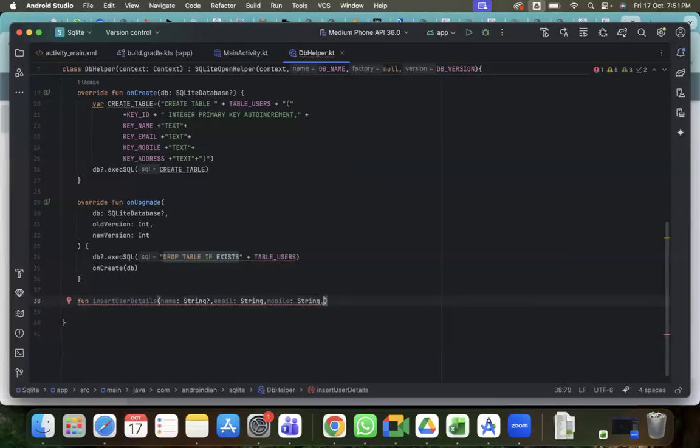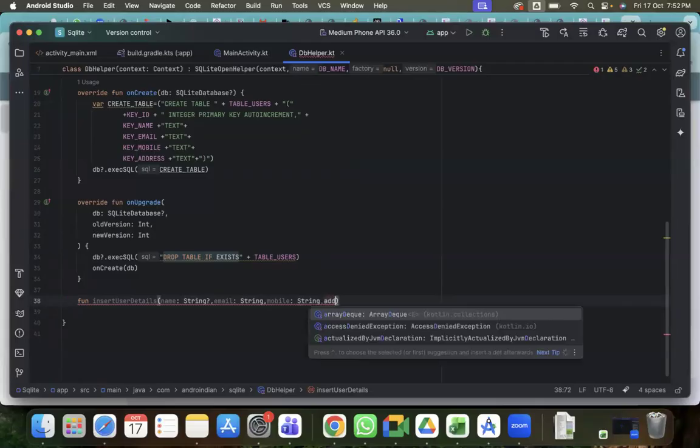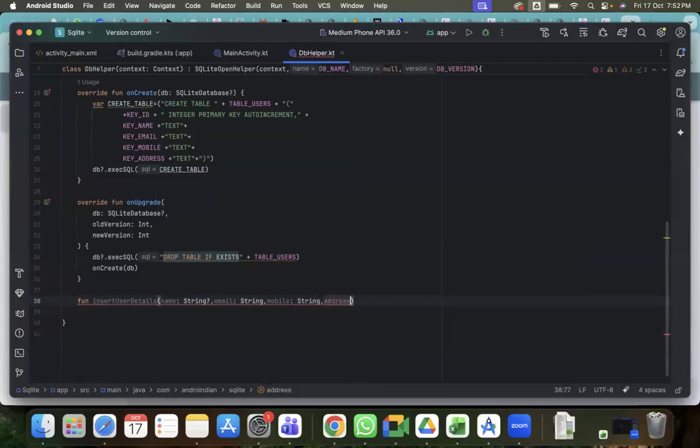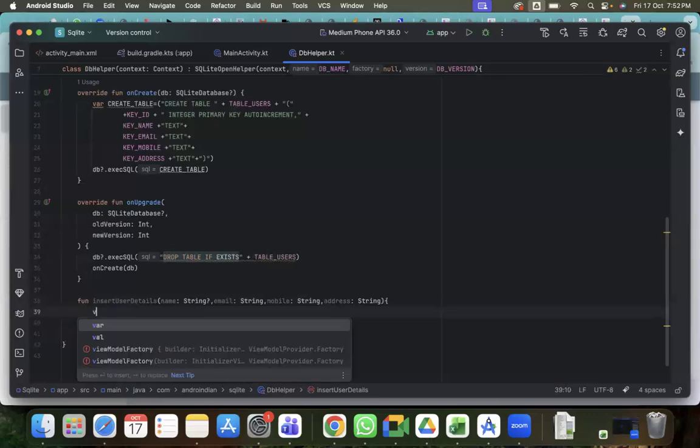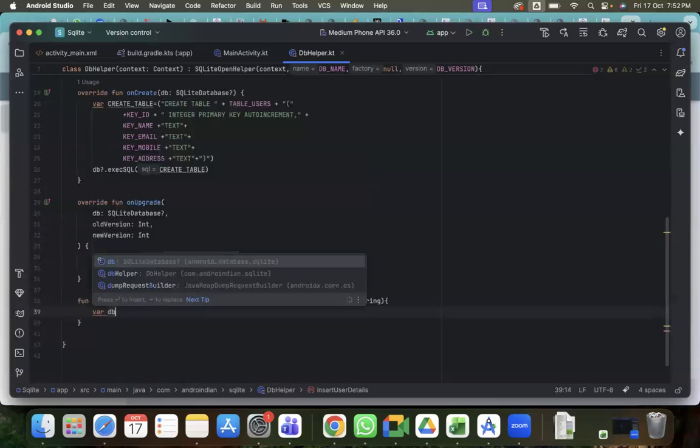So these are the details. Here we are not saving that auto increment ID, automatically it will save that. So finally address, that is also in the form of string. So this we have to add here, right? Now this is done. Within this, if I want to save this, I need a writable database equal